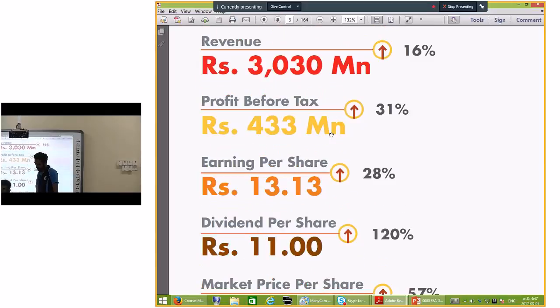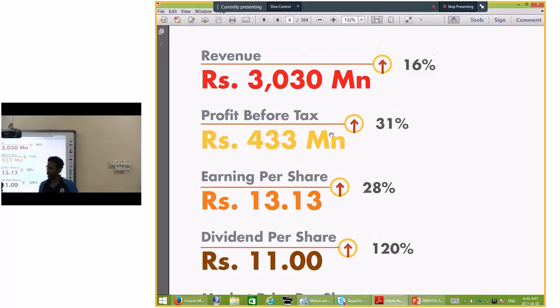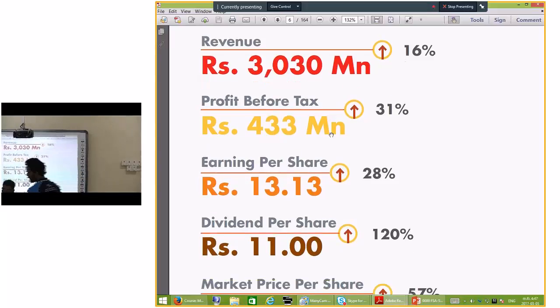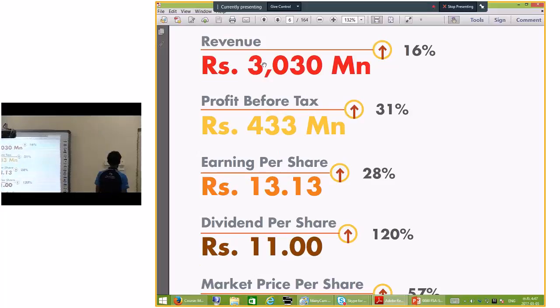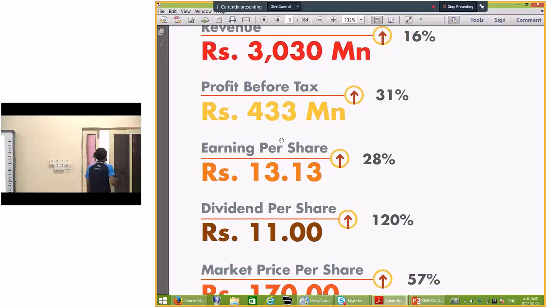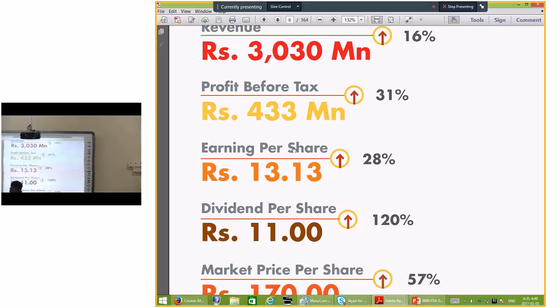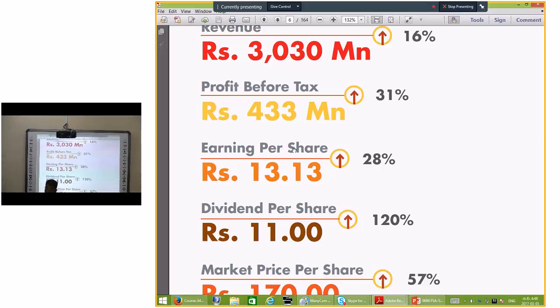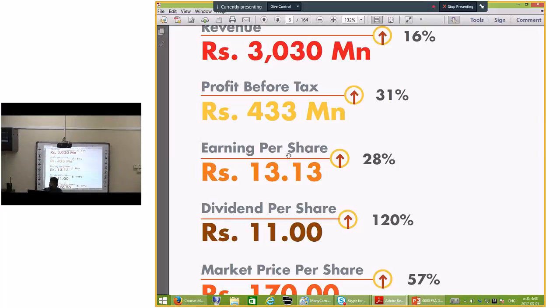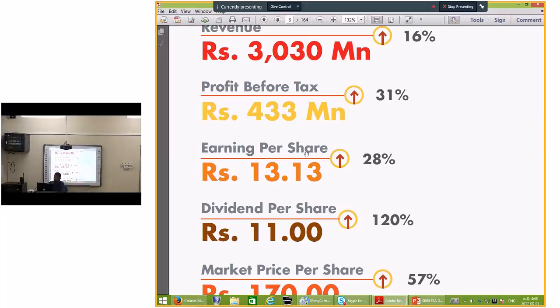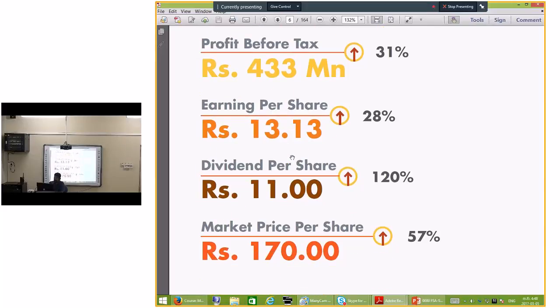Again, if you consider the highlights in this best annual report, it gives revenue, profit before taxation, earning per share, and dividend per share, as I told earlier. Investors consider the capital gain as well as the dividend gain or dividend yield. Therefore, they always concern themselves with earning per share and dividend per share. These two are very important